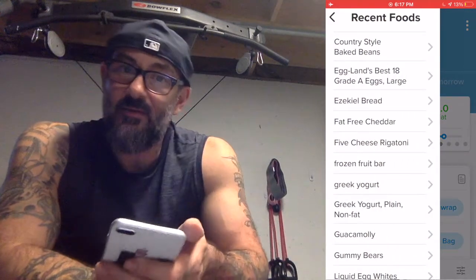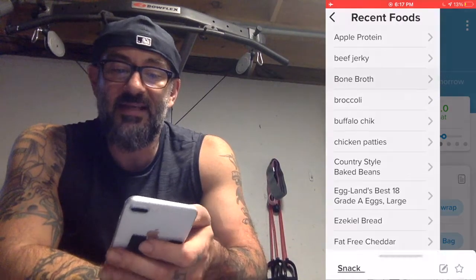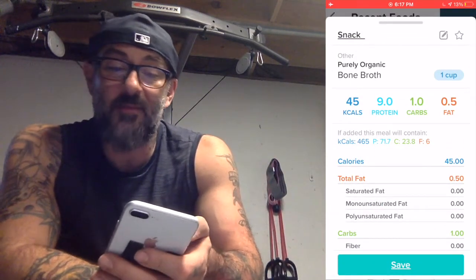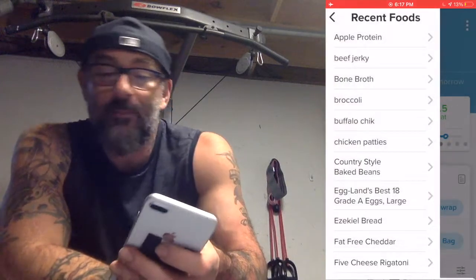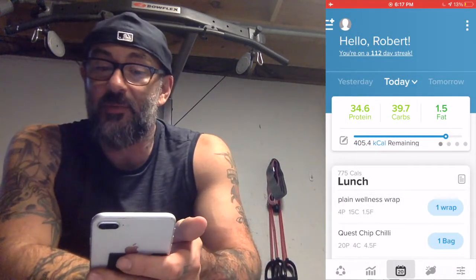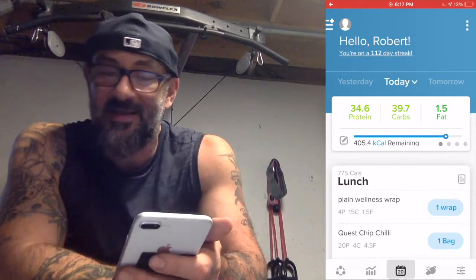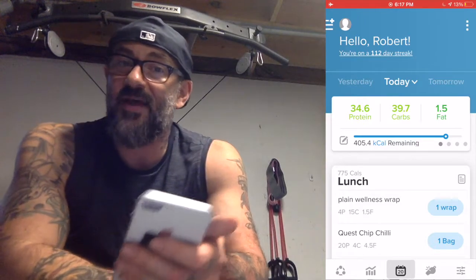And then even with that, I'm going to do some chicken bone broth. That's got 0.5 grams of fat, and so I'm going to have that. It's like a breakfast for a snack at night. It's going to be 1 cup's worth. And now I have 400 calories remaining. So basically, I've made 250 calories worth of progress and only went down 0.5 grams of fat. So far,